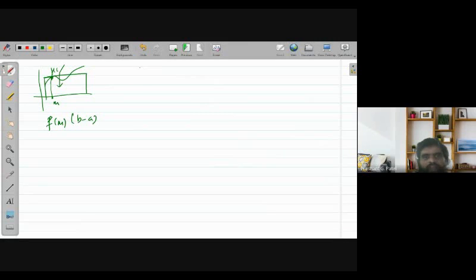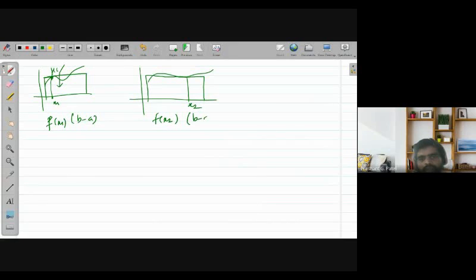And the second time, maybe we have taken another point. Let's say the point is here, and so we can have another rectangle in this case. Let's say this is the x2 point, and so we have f of x2 into b minus a, and so on. In the same manner, let's say we have four such areas, and we can find all these values. So we can have the mean of those areas, and that is